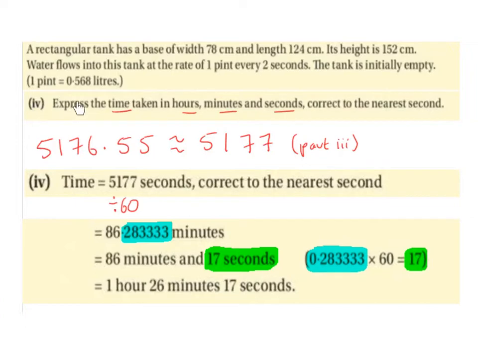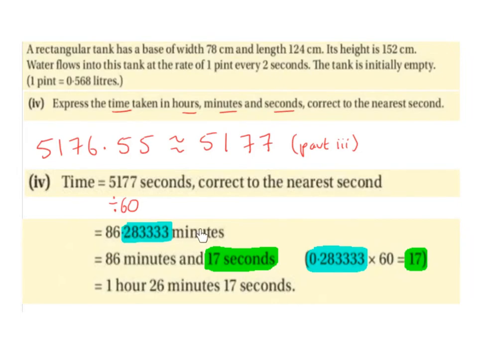Part 4. Express the time taken in hours, minutes and seconds, correct to the nearest second. So we got 5,176.55, which is equivalent to 5,177. That was from part 3. So time is equal to 5,177 seconds, correct to the nearest second, divided by 60, because there's 60 seconds in a minute, gives us